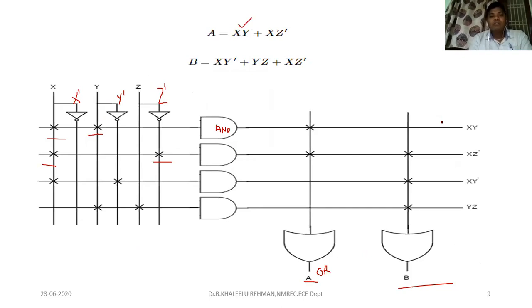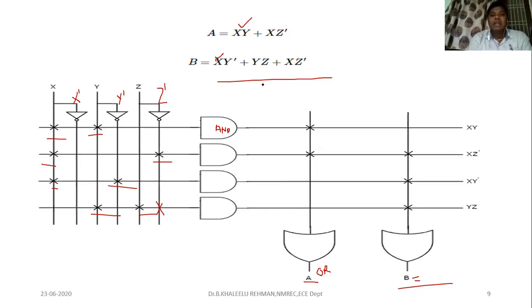For B, XY complement, you can observe here, this is the B output, XY complement. XY complement means we have to look up here, X is here, and Y complement. It is not necessary, you can choose even this one. XY complement you have done, then YZ. Y is here, this connects Y and then Z. If it has been programmed like this, that becomes your Z complement.